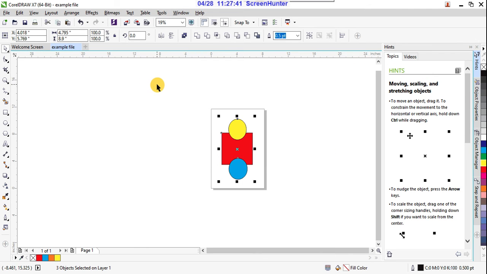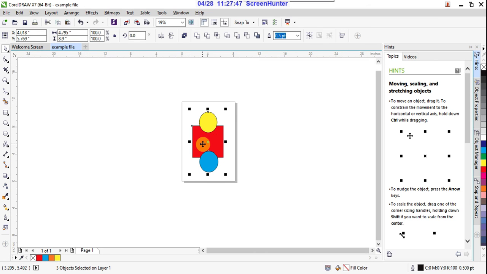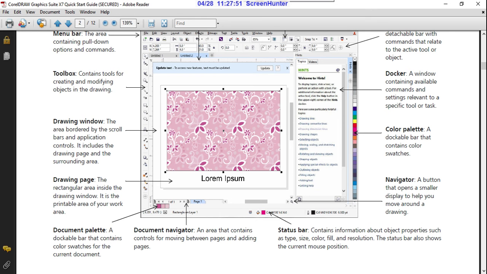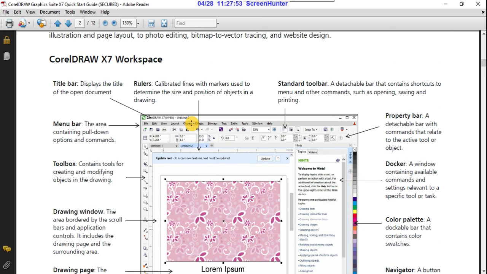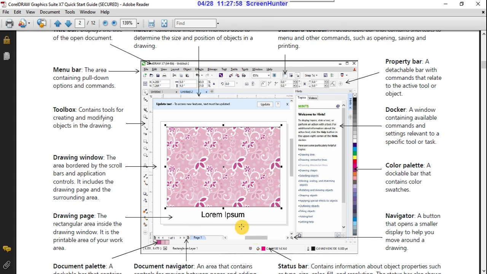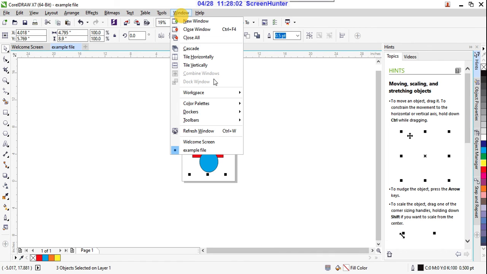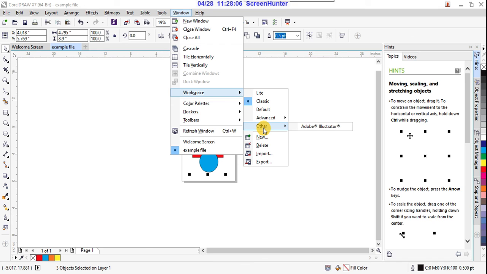Yes. This is all about CorelDRAW, the information and the workspace information, right? About dockers and about different workspaces, how to use different workspaces, right?